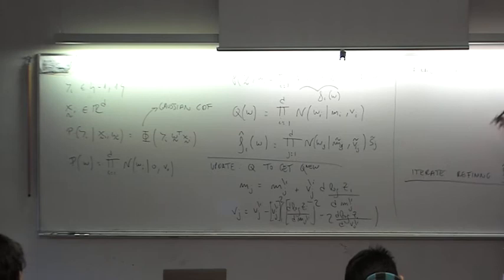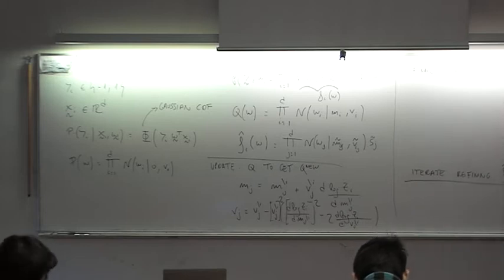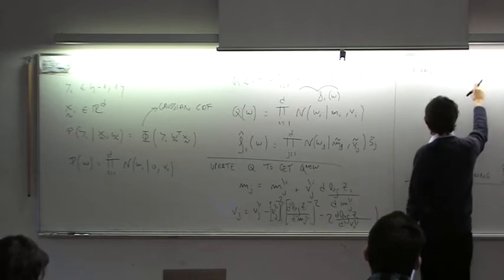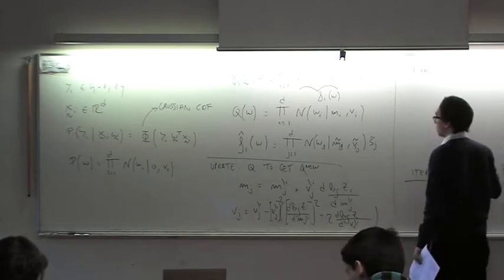We are getting Q new here, and we update the approximate factor as the ratio of the new posterior and the tilted. I just have to make use of the quotient rule of Gaussians to get finally the parameters for the approximate factor, which is going to be